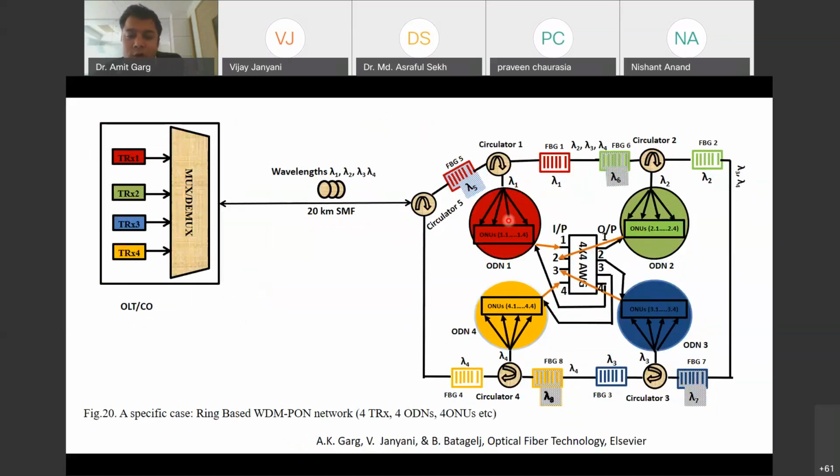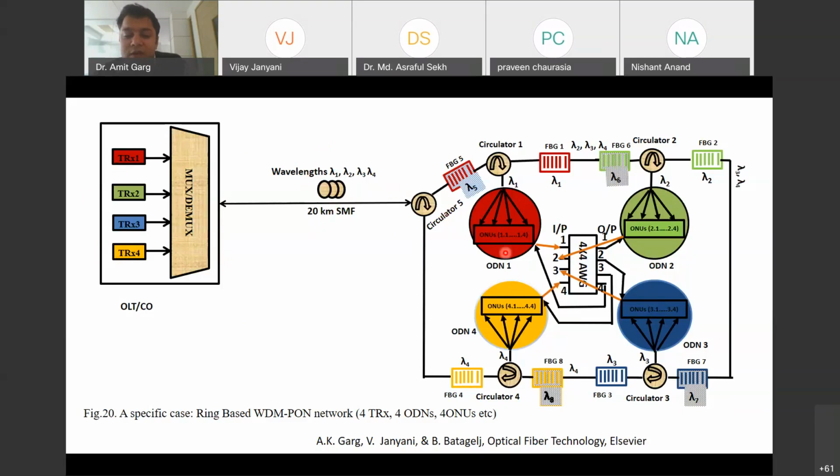So for discussing it, I've considered some particular case just for the simulation purpose, or we can say for explaining purpose. So for this, basically at the office, those transmitters are transmitting data lambda 1, lambda 2, lambda 3, and lambda 4 respectively.